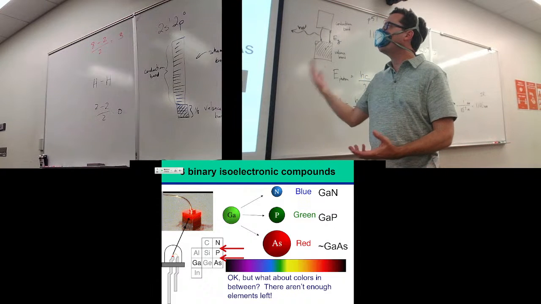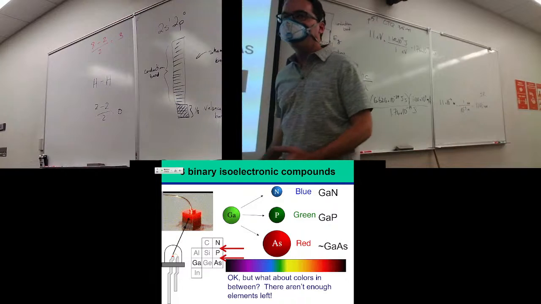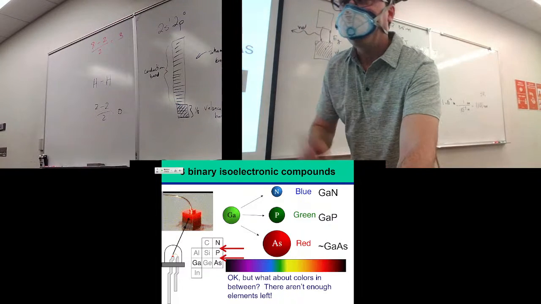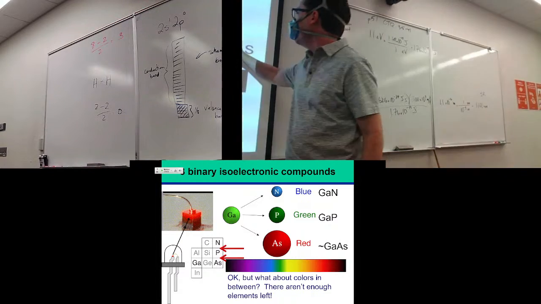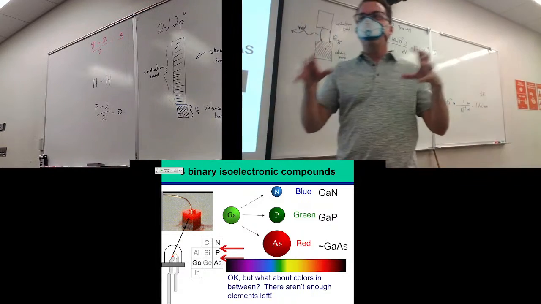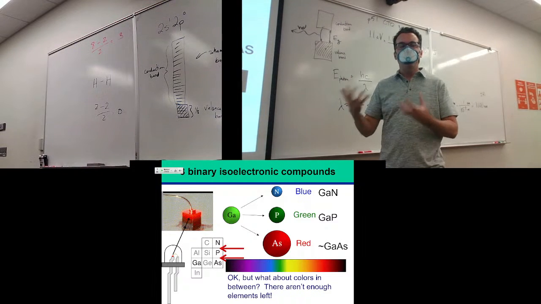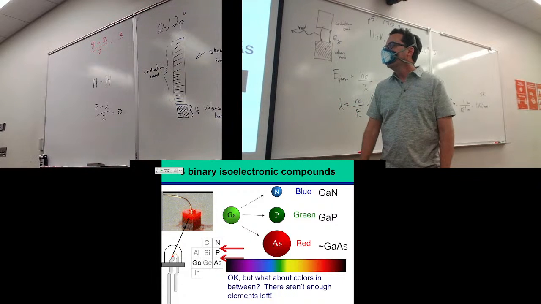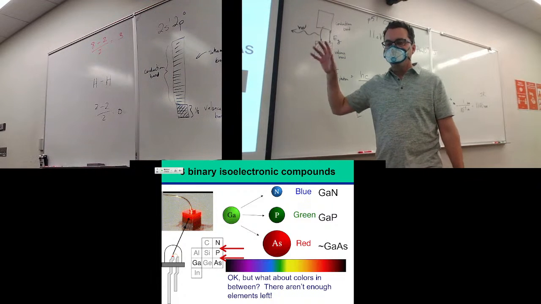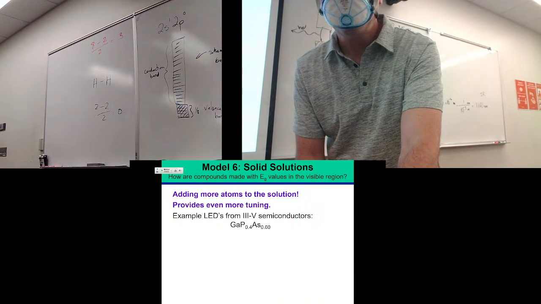I'm going to do a mixture of gallium with arsenic and maybe phosphorus too. But I have to be careful how much I use, because again, the goal is to keep this average number of electrons as 4. We need to keep the same crystal structure, diamond or zinc blende, whatever you want to call it. So we need to make sure we have the right ratio of elements in there. So for instance,